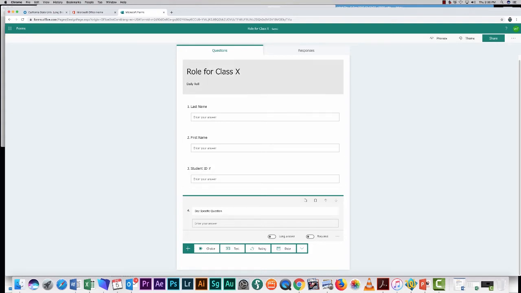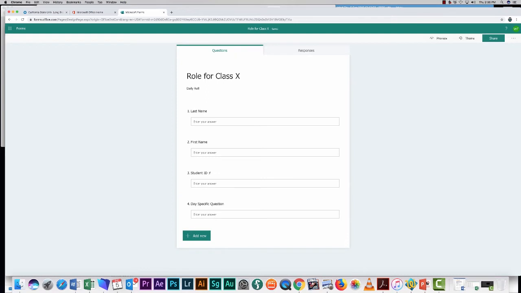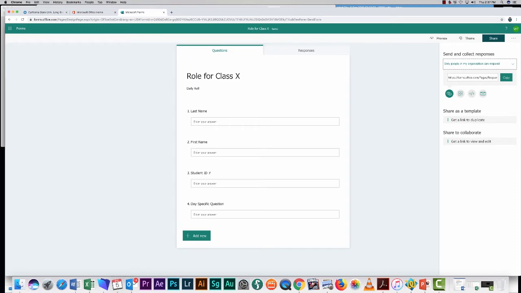So as I said, they're simple questions: last name, first name, ID number, daily specific question. All right, now that the form has been created, we need to be able to share it with all of our students. You're going to go over into the upper right-hand corner and you will see the share button. All you have to do is click on that share button and it'll bring down